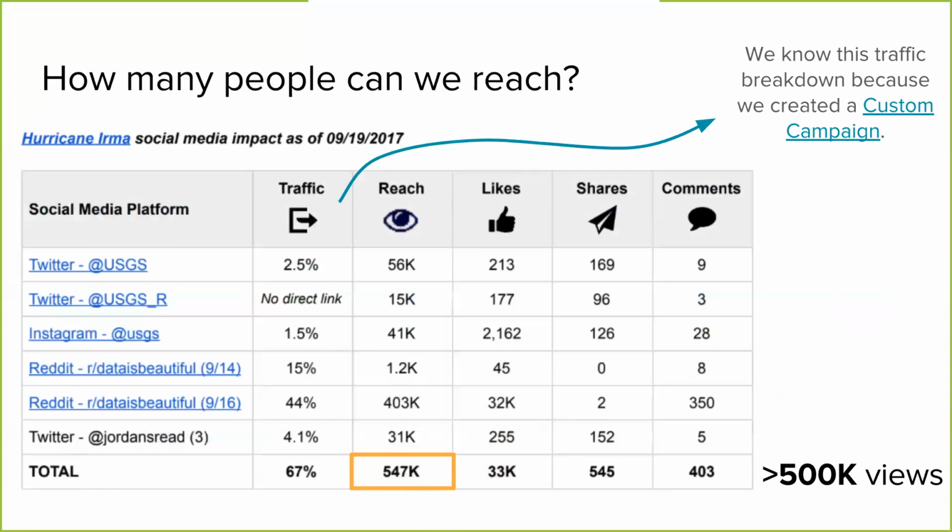So I say all these things like they're going to work. We don't actually know that until we look at the numbers. Here are some results from the Hurricane Irma analytics that we looked at afterwards. So Google is helping us track how many people actually visited our page, how many came from Twitter versus Instagram versus Reddit, and whether on each of those forums people were liking it or sharing it or having a conversation